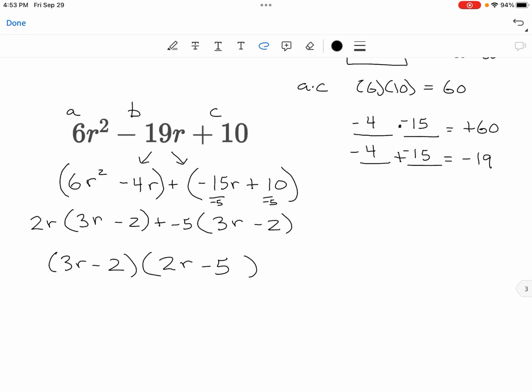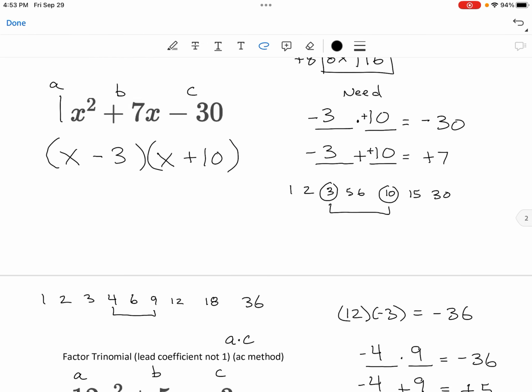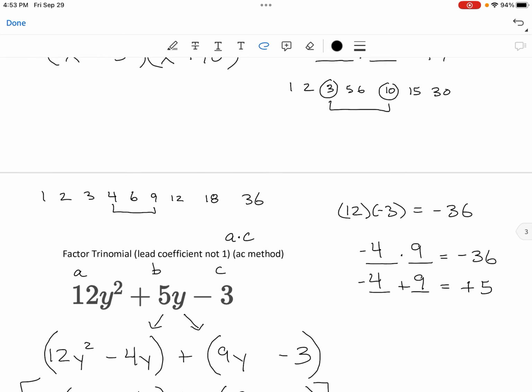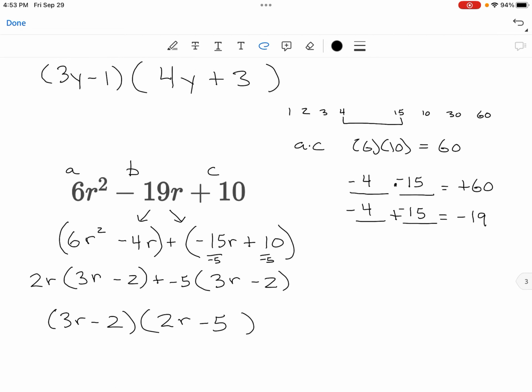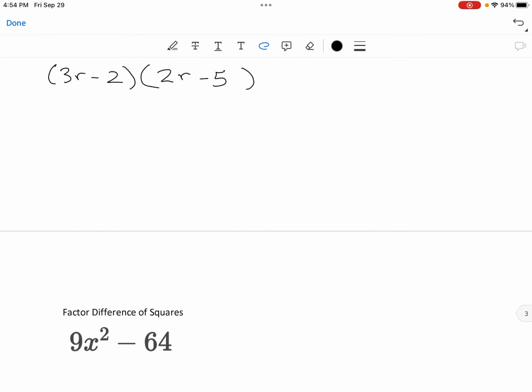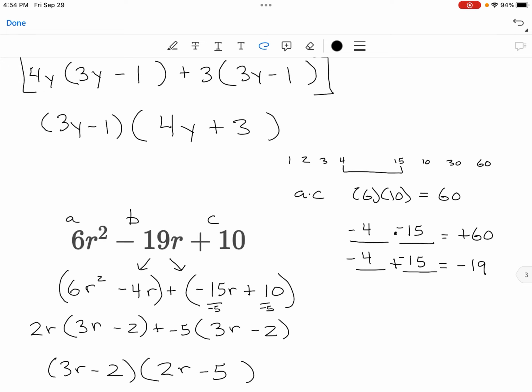So that is factoring using the AC method, used whenever your lead term is not a 1. If it is a 1, then I'd recommend, again, just making the shopping list of what 2 things you need to multiply to give you C, but add to give you B. Those are usually pretty quick. But I'm going to stop right there. I'll do factoring by differences of squares in a different